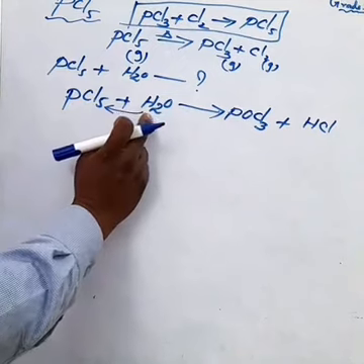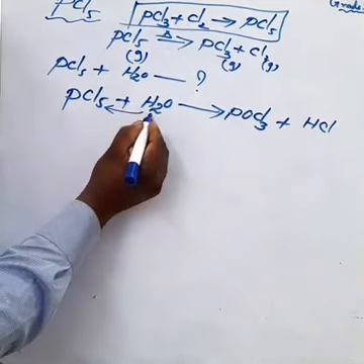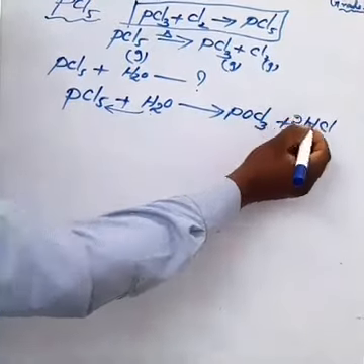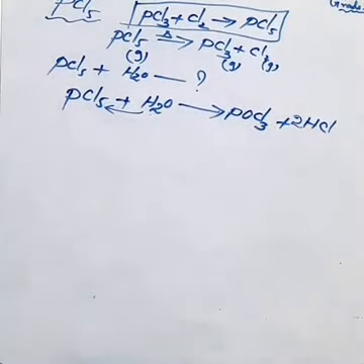So how to balance the equation? On the product side, PCl5 has 5 chlorine atoms, so make it 3 and also make it 2 there. Now the equation is balanced. Next is